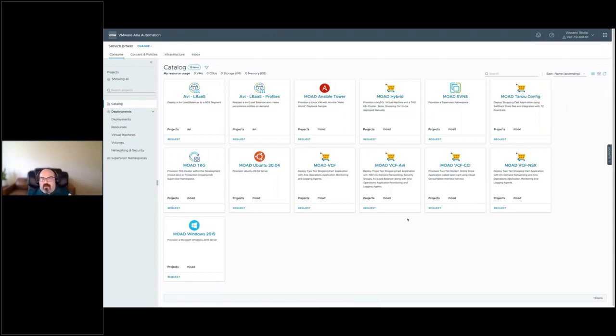So there's also the ability to put orchestrator actions in here, and then you can also put what we call ABX actions. ABX is an out of the box feature of our product that essentially allows you to write polyglot scripts to handle, let's say, anything as function as a service. So there are serverless scripts that you can write, and they can be ad hoc requested from a catalog here where you just go in, bam, request it and the script runs,